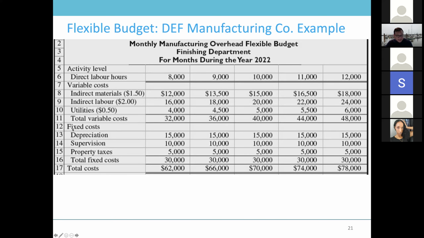And this part is easy, right? Fixed cost, this is all the same. This fixed cost doesn't change because the relevant range is from 8,000 to 12,000. In this range, the fixed cost doesn't change, right? And the variable cost is easy, right? You use the unit cost times the level of the activity. So 1.5 times 8,000 is 12,000. 1.5 times 9,000 is 13,500, right? It's just going like that, right? Okay, so